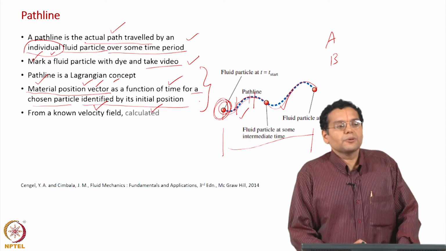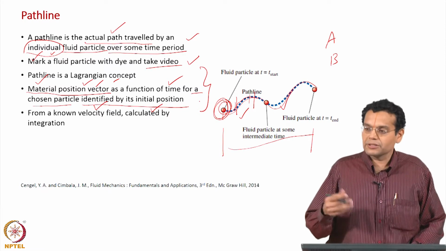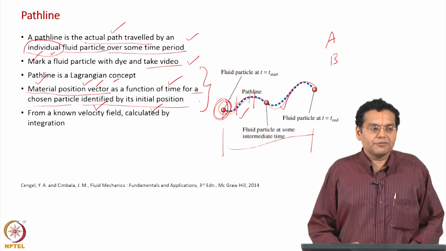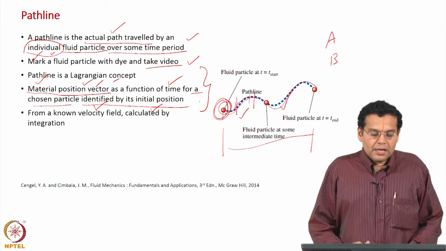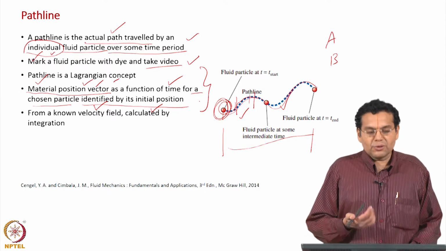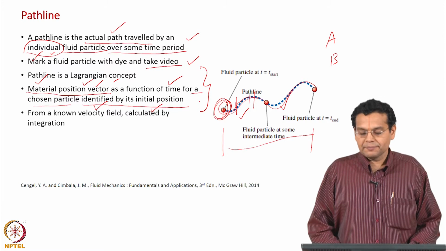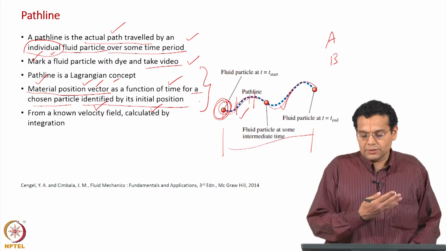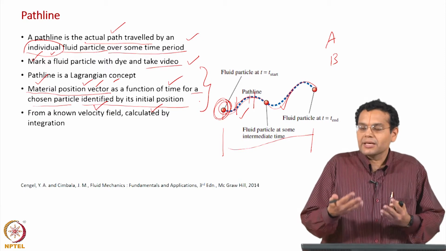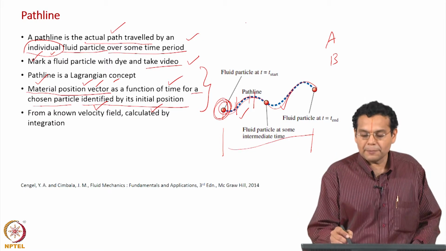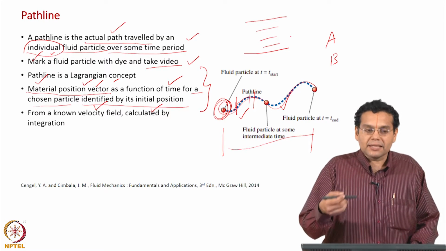So, as I told you, streamlines depend on the velocity field. Similarly, path lines of course also depend on the velocity field. The whole idea is to represent the velocity field. So, for a known velocity field, two ways of looking at it. When I say known velocity field, the velocity field could come from a simulation and we want to represent it as path lines, but more practically you have a region and there is a velocity field and the path line gets determined by the velocity field existing in that region. You have a pipe and there is some velocity field here, the path line gets determined by the velocity field.